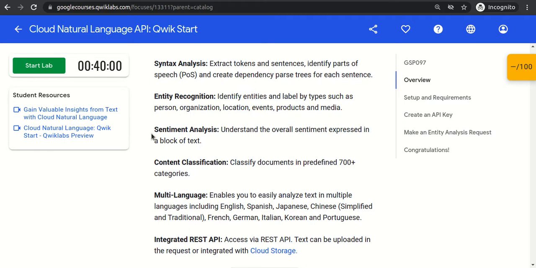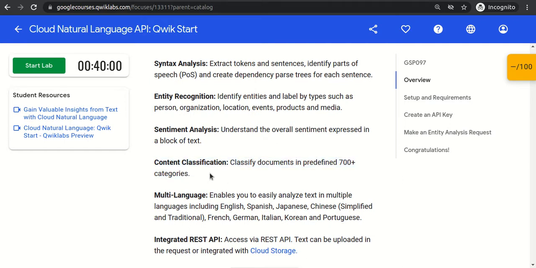The other approach is sentiment analysis. The Natural Language API can perform not only a single task but a number of tasks, so we can check whether a sentiment is positive or negative. People also make social media posts, so we can do sentiment analysis to see whether a post is harmful or a good post.